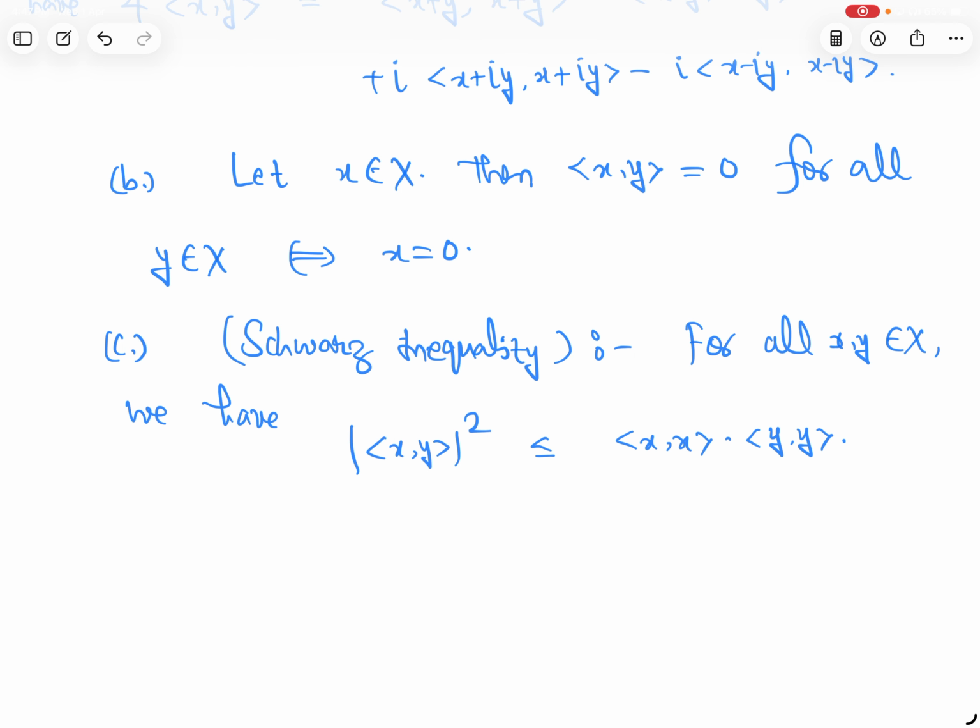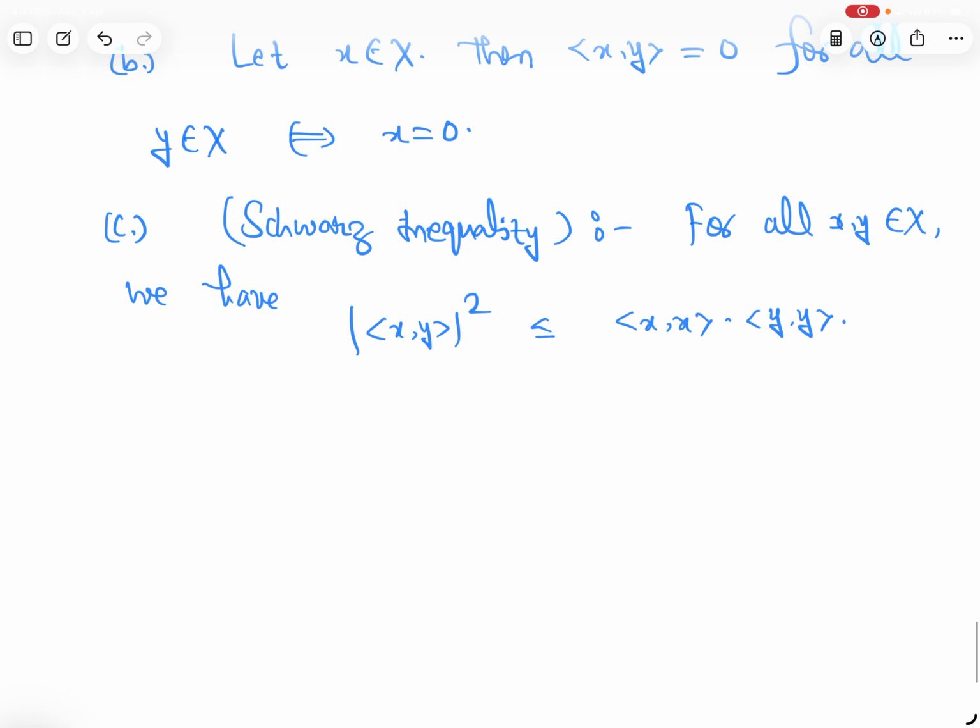So let's see its proof. And one condition is that equality holds